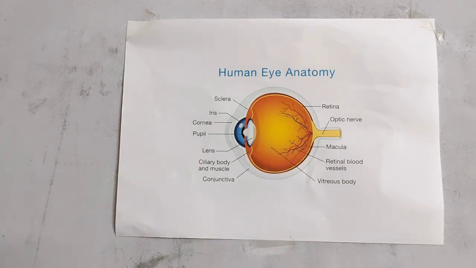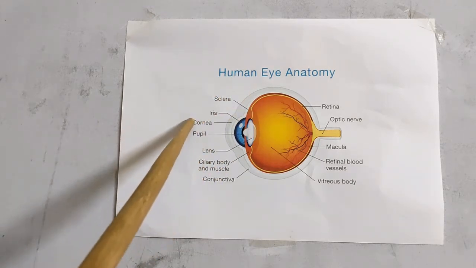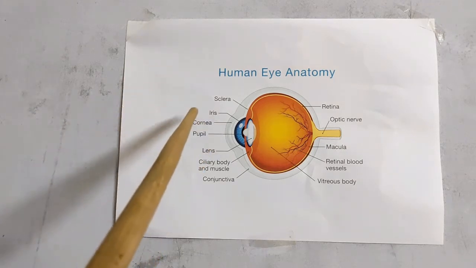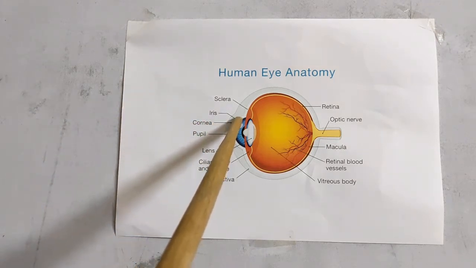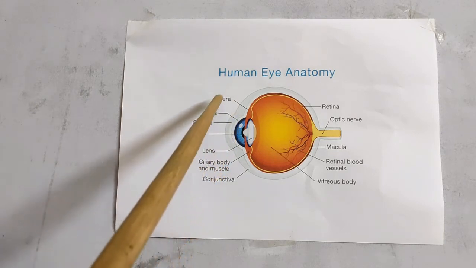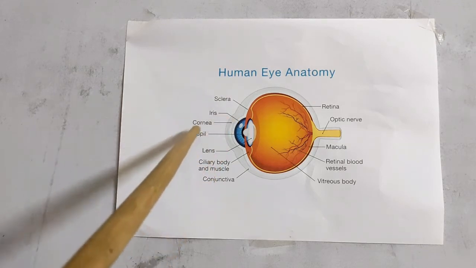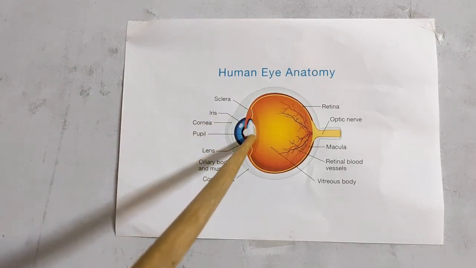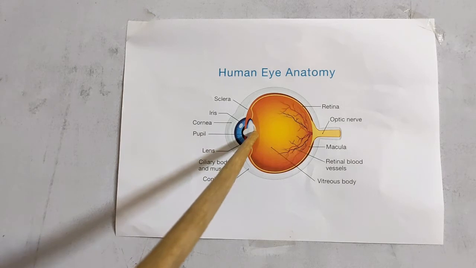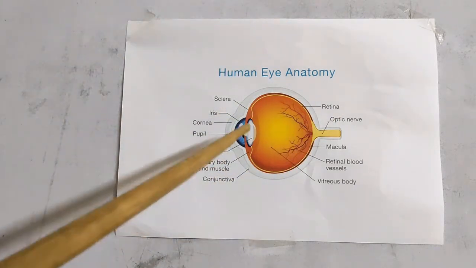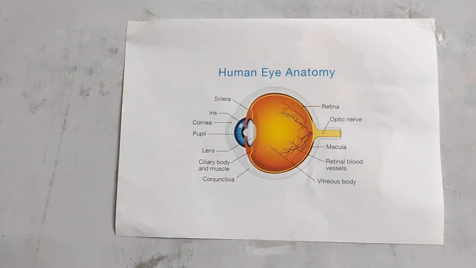So what is the main role of the lens here? To focus the light. The light enters from the cornea, which refracts and sends 95% of the light inside, and the light is then controlled by the iris, the amount of light entering with the help of the pupil. So the lens, after that, focuses it on the retina. The main job of the lens is to focus the light on the retina.